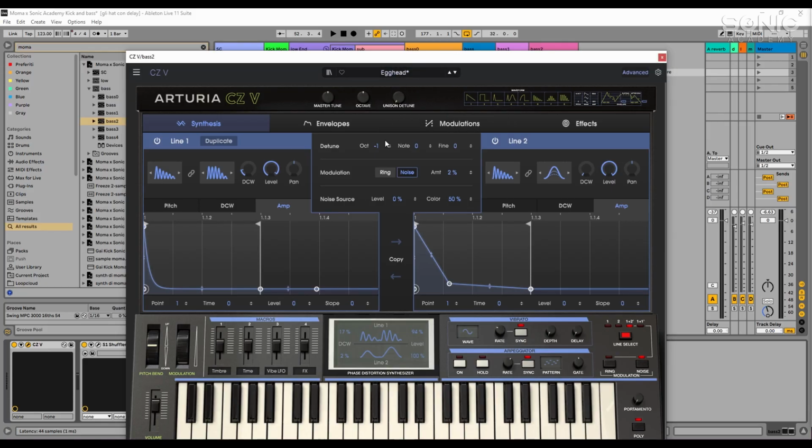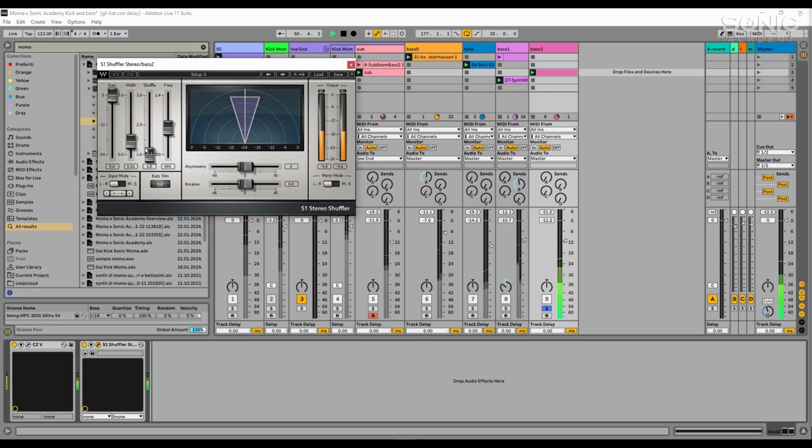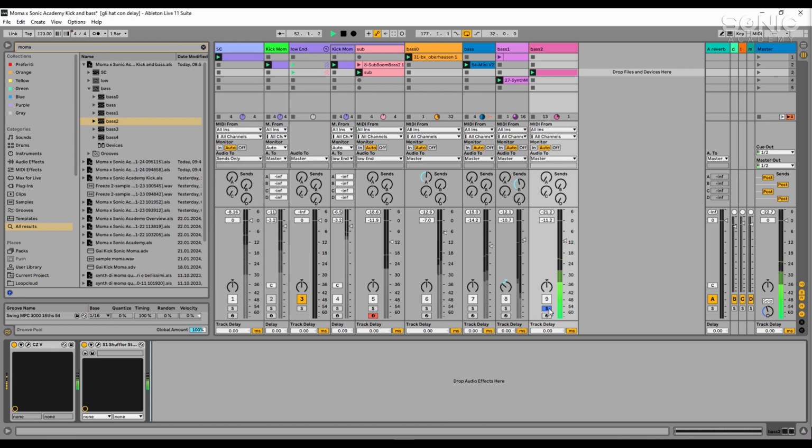I tweaked it just a little bit and added a width reduction, because it was totally out of phase, and I reduced the width of this kind of bass line. So together with a kick,